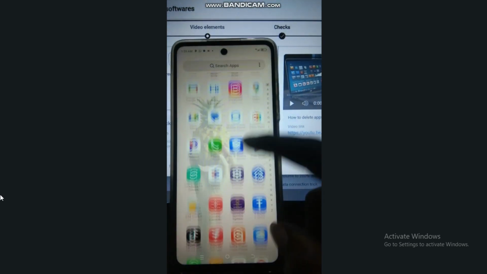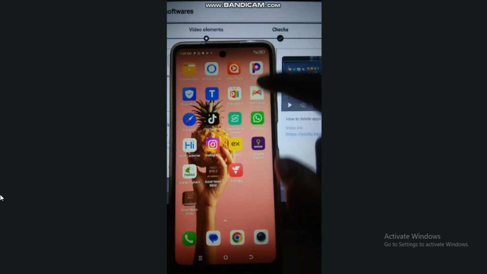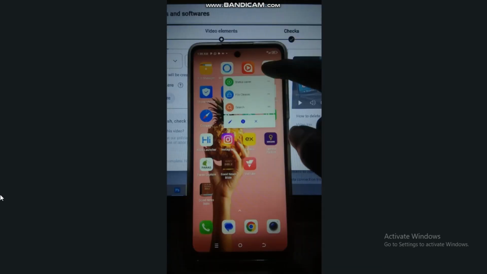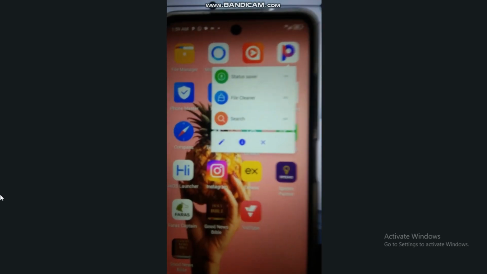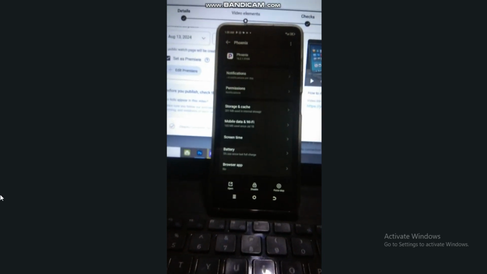probably amongst the list of the various applications in your phone. Okay, so in this case I'm interested in uninstalling this application. All you have to do is long press and right here select the middle icon for more details, and then